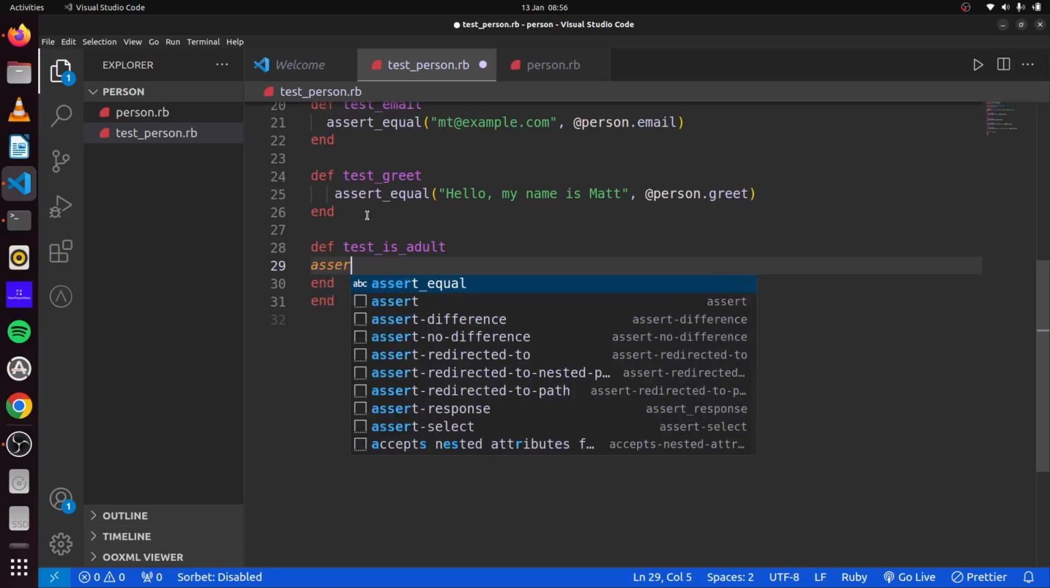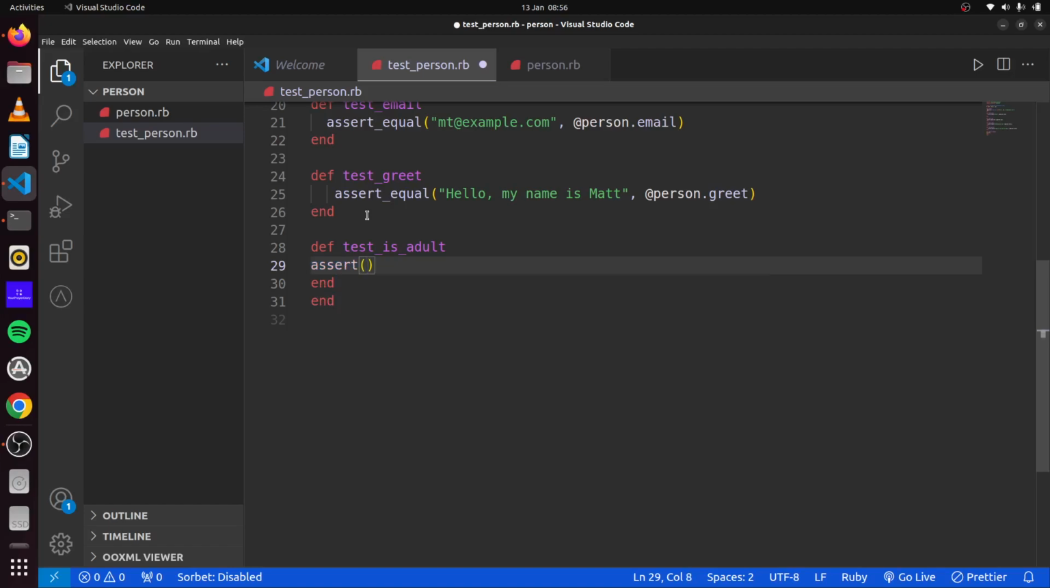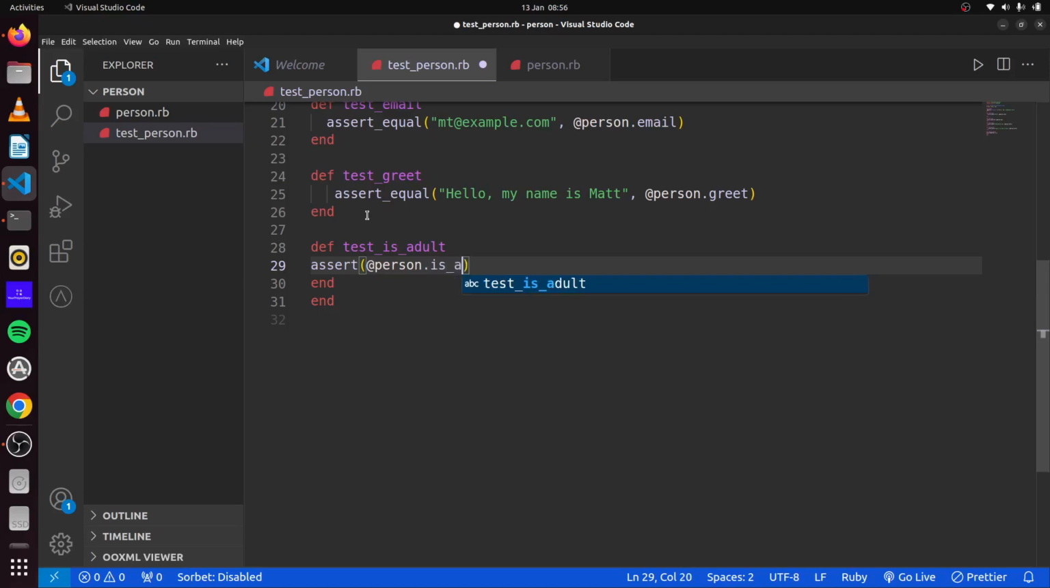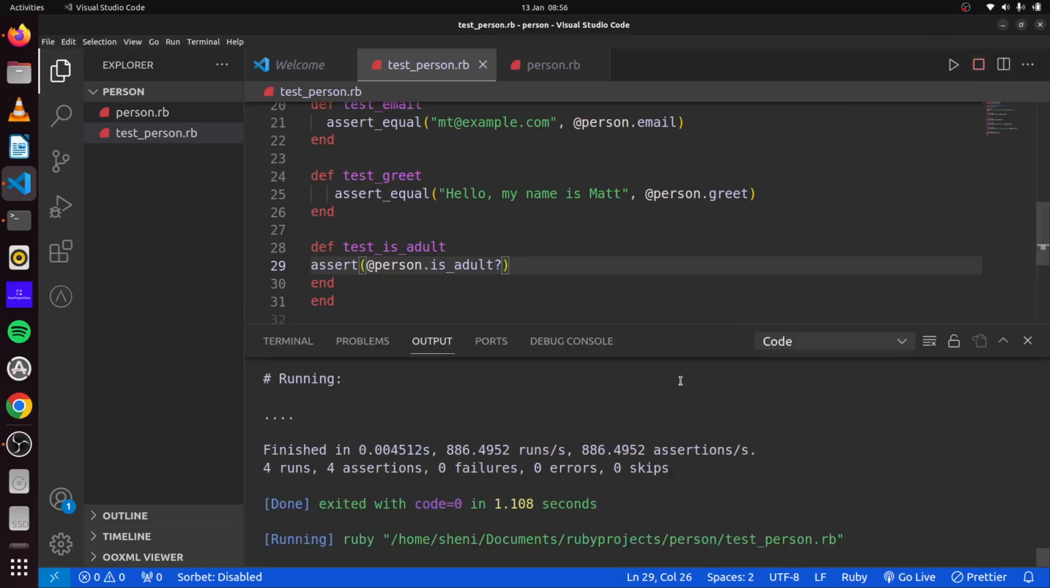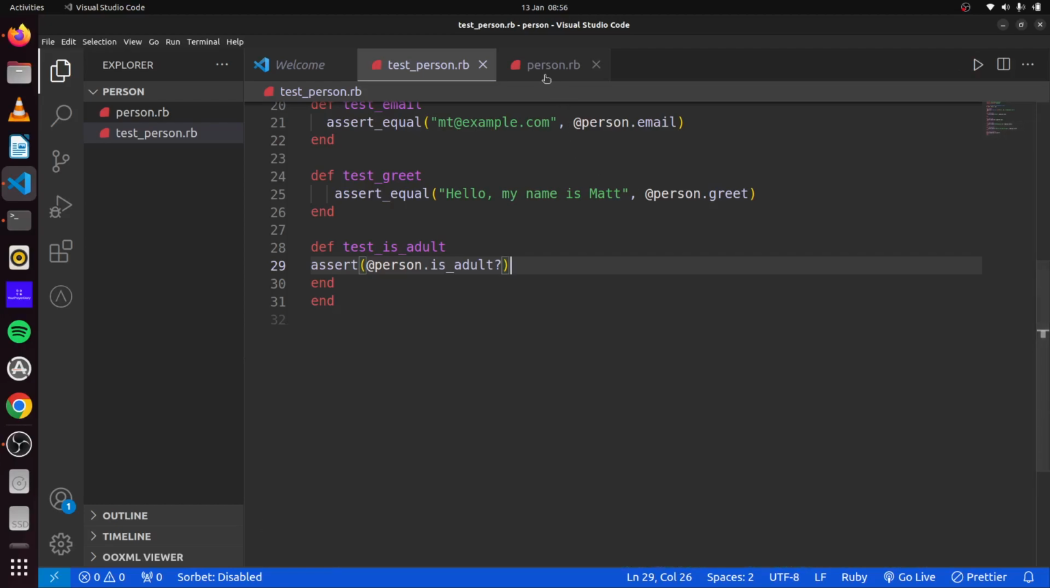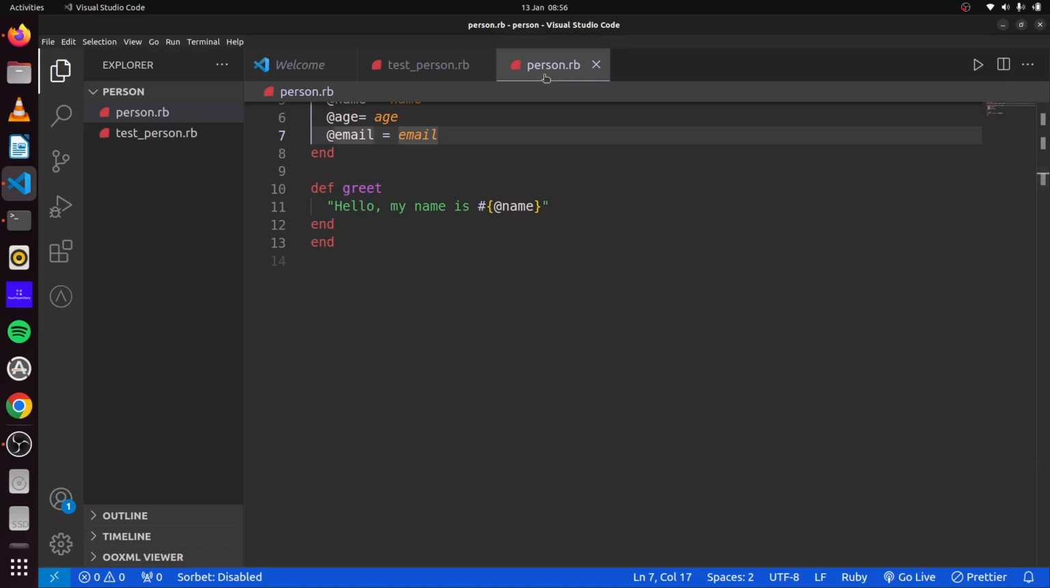We want to say that this person is an adult. So what we can simply say is assert person.is_adult. And we have not yet defined this method yet. So let's run our test. If we run this now, you can see error: undefined method is_adult. So let's head over to our person